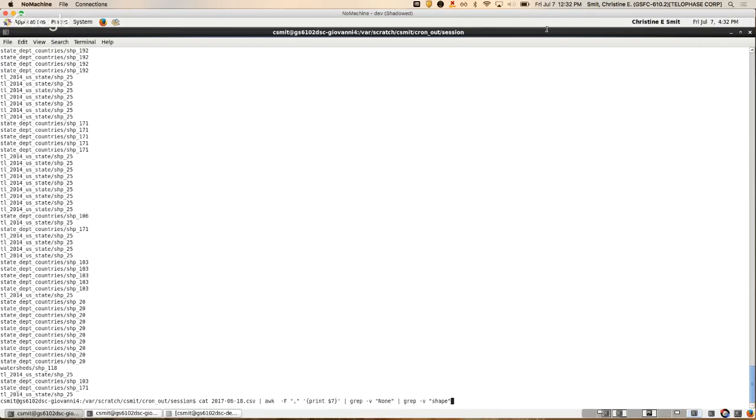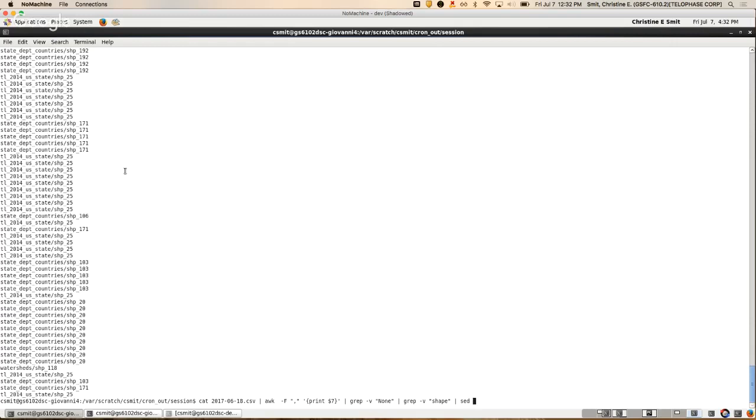Okay. So now the magic of sed. These, as I said, are shapefiles, and what I'm showing here is that somebody asked for the 171st shape in the State Department countries shapefile. So a shapefile can have a lot of sort of vector shapes, geographic shapes. So let's suppose actually what we want to know is just the shapefiles themselves, and we don't want the stuff after the slash. Oops. So now I'm going to attempt to write this correctly. Let's see how that goes. And we will use sed for that.